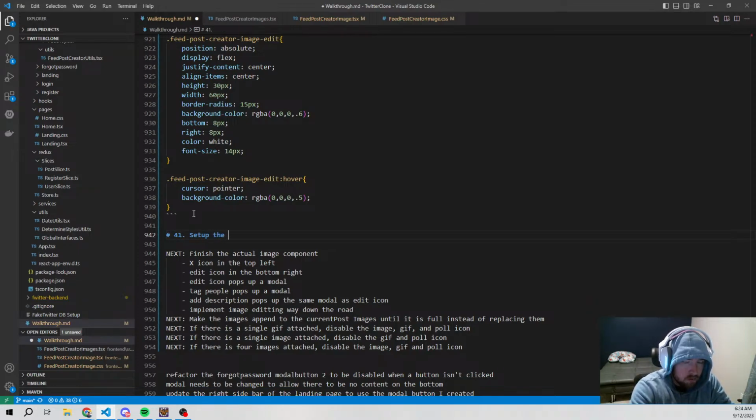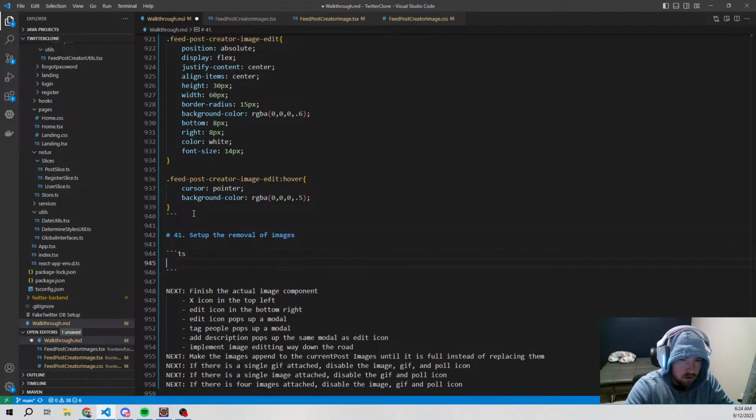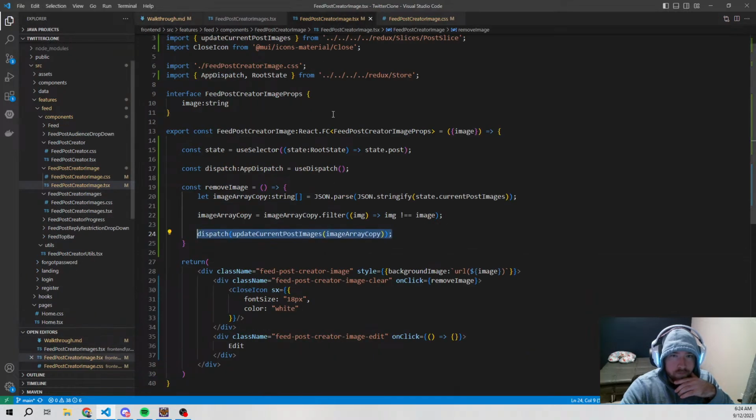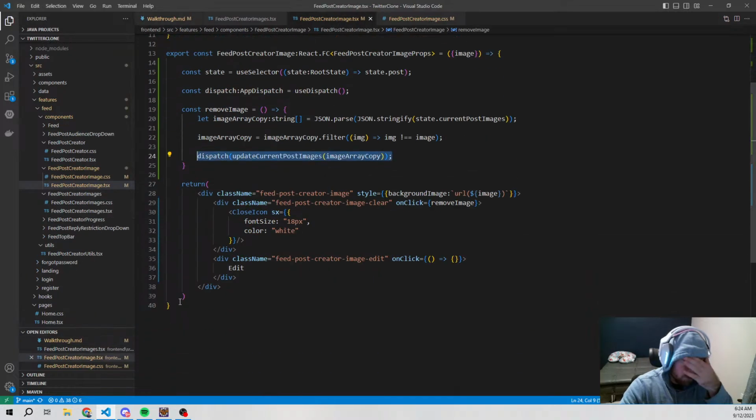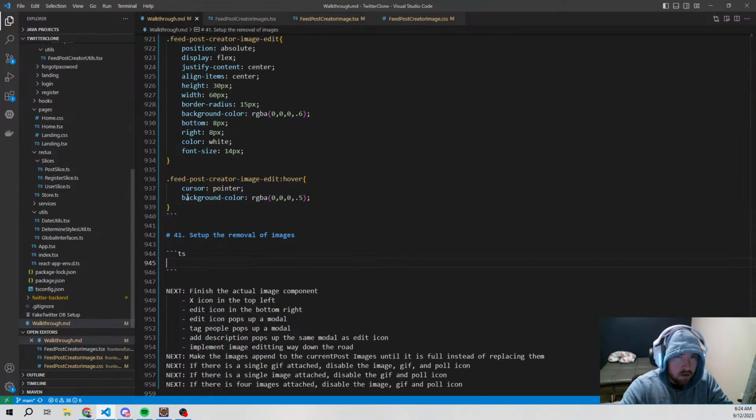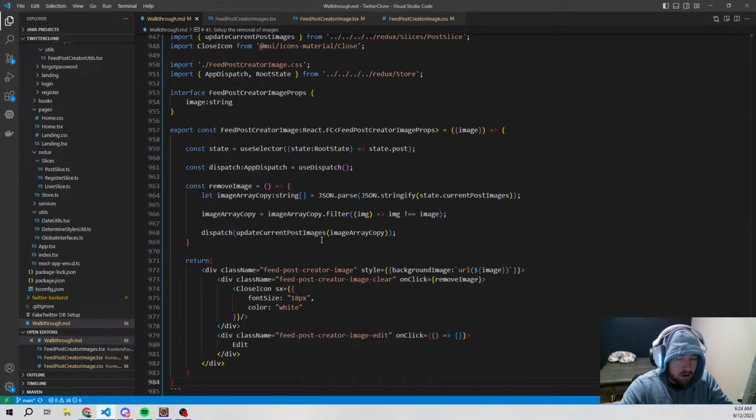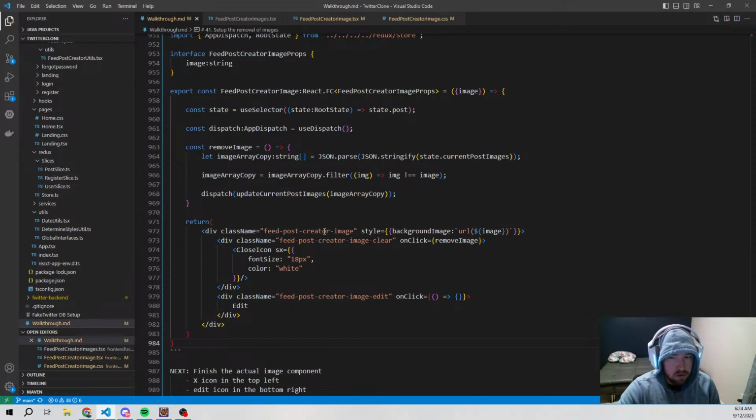Set up the removal of images. That one was pretty simple. We didn't have to change anything, so that's cool. Now the part that's going to be annoying is popping up a modal whenever we want to